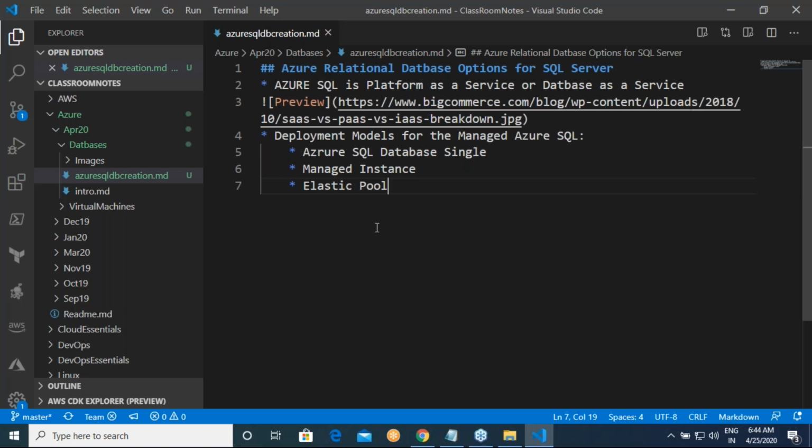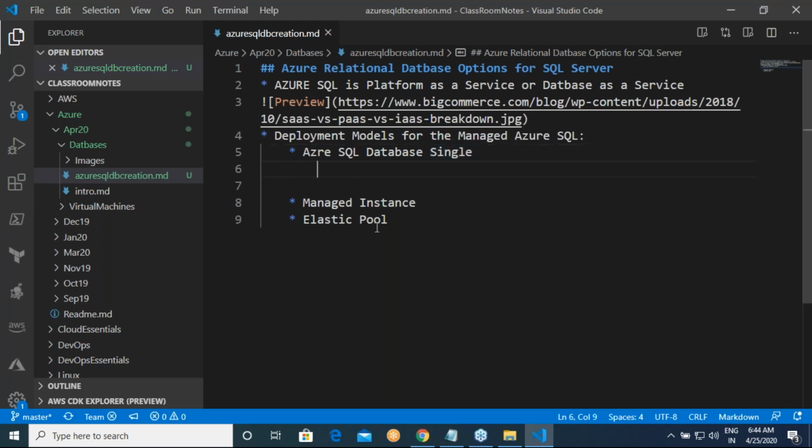So when you speak of Azure SQL, you have three options. So what is the single database? Oh, I think I have a typo over here. What is a single database? A fully managed isolated database.